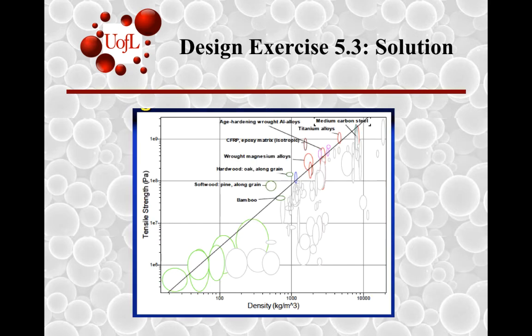This can be explored graphically as well if you plotted sigma versus rho with the right choice of units on CES EduPack, and you were able to use a slope of a line. The slope of the line would be 3 over 2, and it would pass through a specific point. Let us say it passes through one type of oak, because we may not have a Norwegian spruce in the database, for instance. You begin to see what were some of the competitive materials hovering around this vicinity,